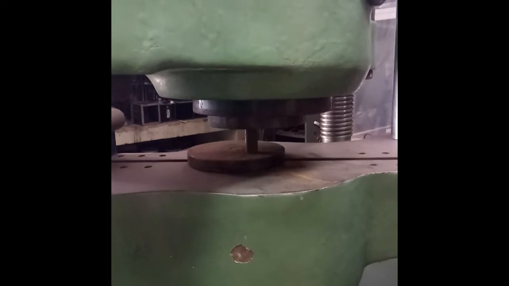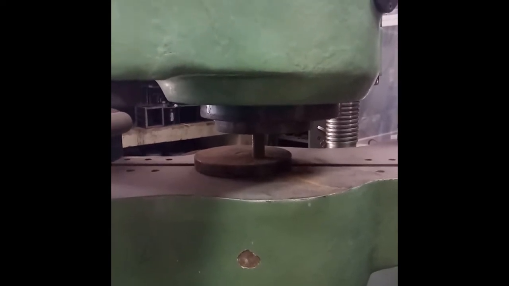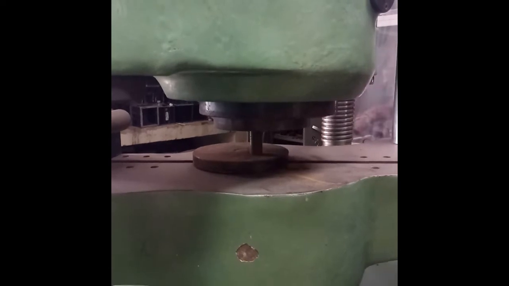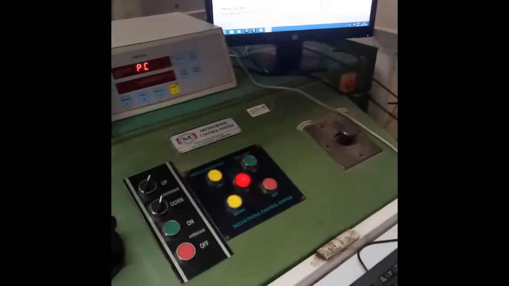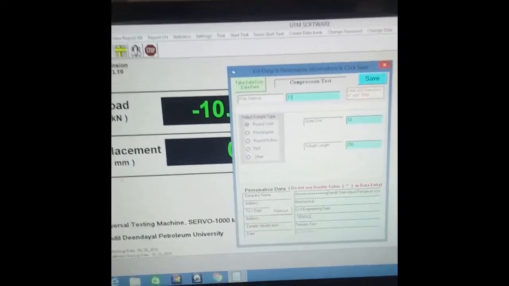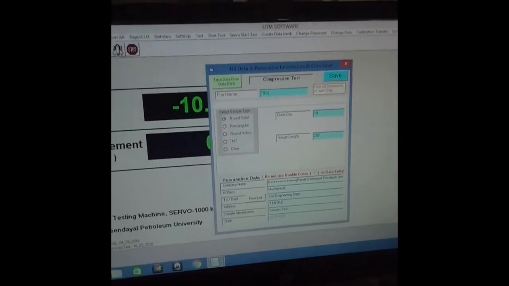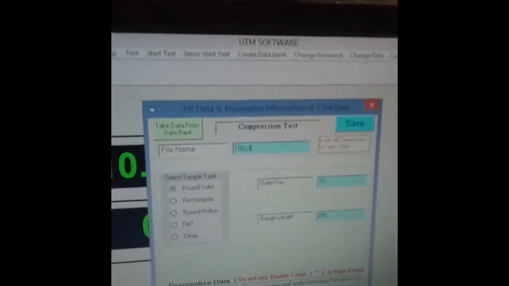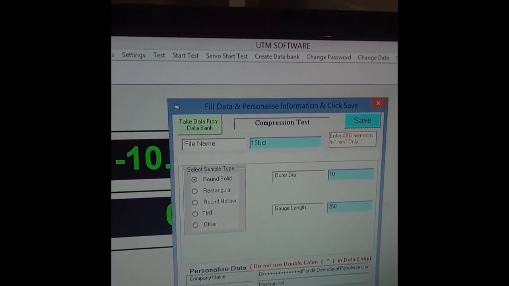We have already measured the initial diameter, then we'll measure the final diameter after it bulges. Again the same procedure here. In the software we'll give the name as 19 BCL.